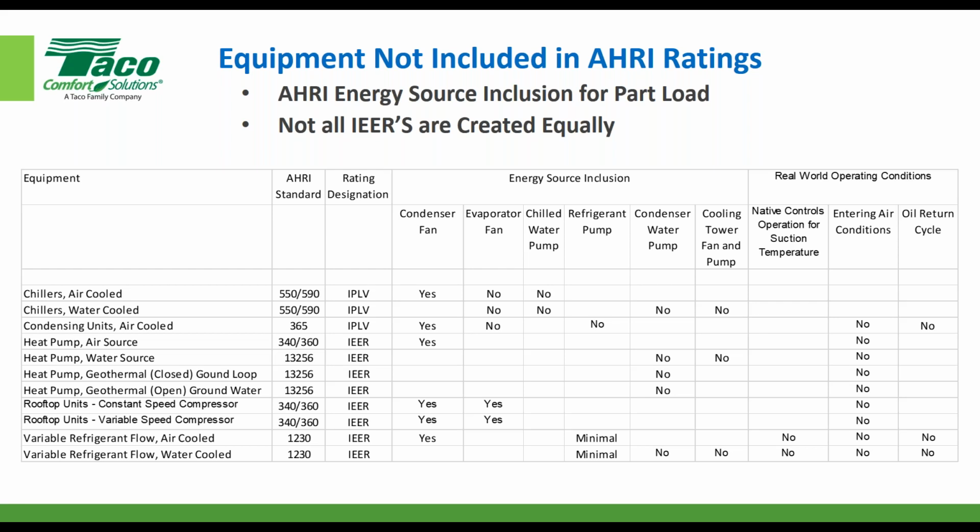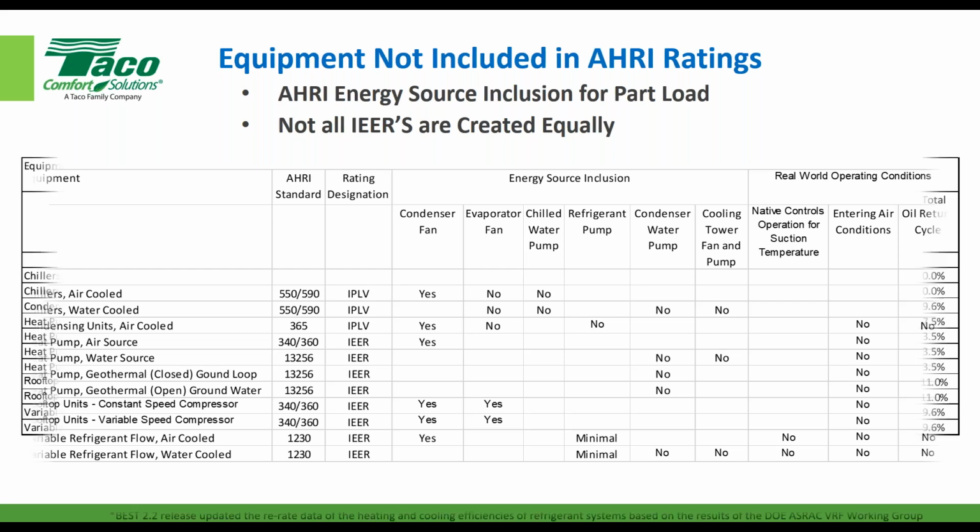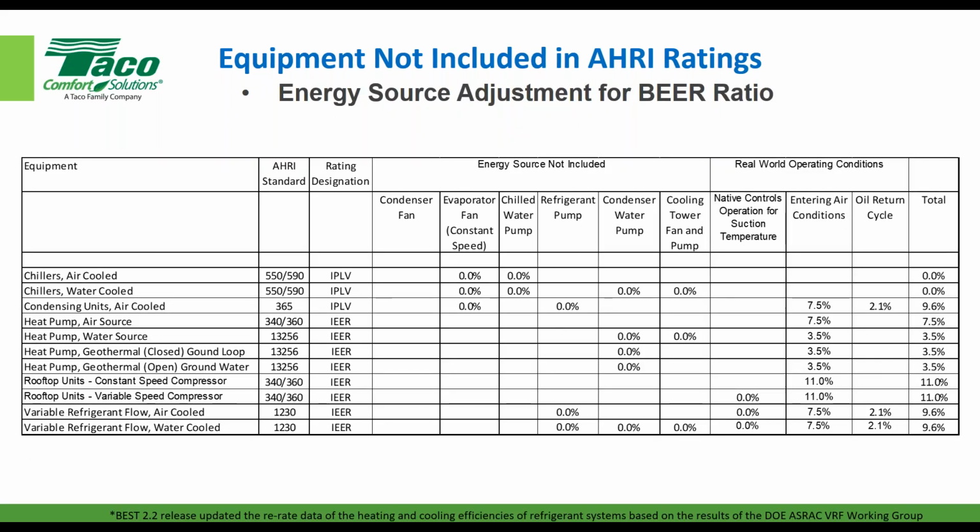So, let's just take a look at the first line for an air-cooled chiller. In the AHRI standard 550/590, the condenser fan energy source is included, but the evaporator fan and the chiller water pump are not included. But you have to have those as part of the system to make an entire system work. So we took this side of it, and then we transferred that into